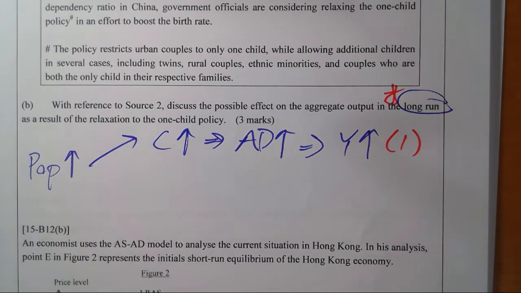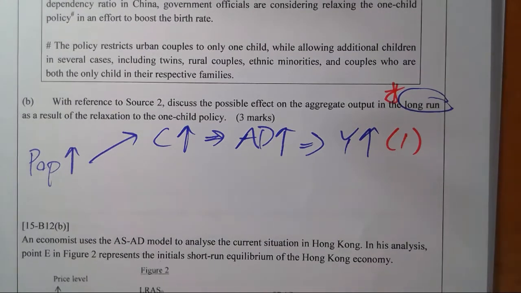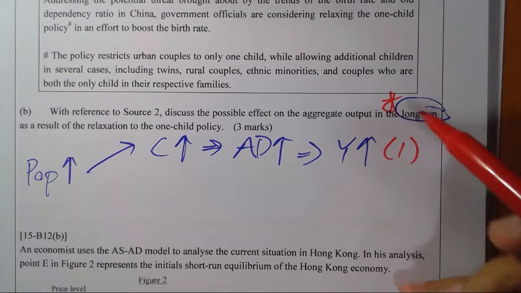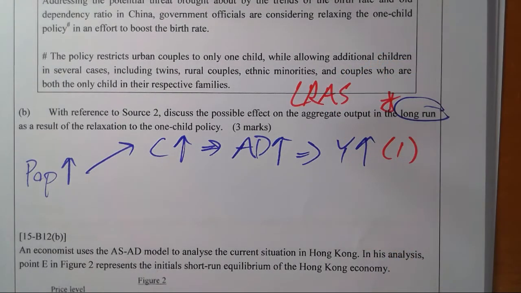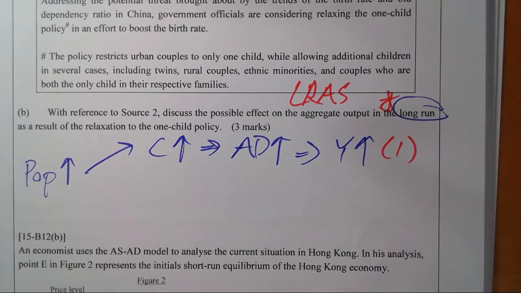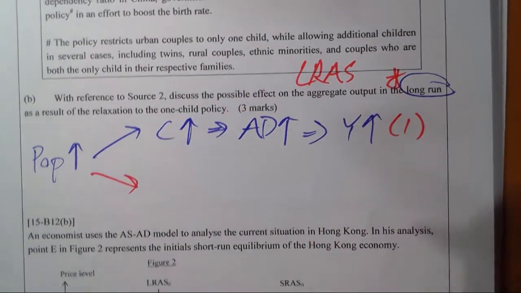Remember, by definition, if you want long run output level to increase, according to our previous video in part 5, the only one that can result in aggregate output increasing is LRAS only. Right? If I only increase AD, in the long run, it only pushes up the price level, but not the output level. So you only get part of the mark. The correct path should be